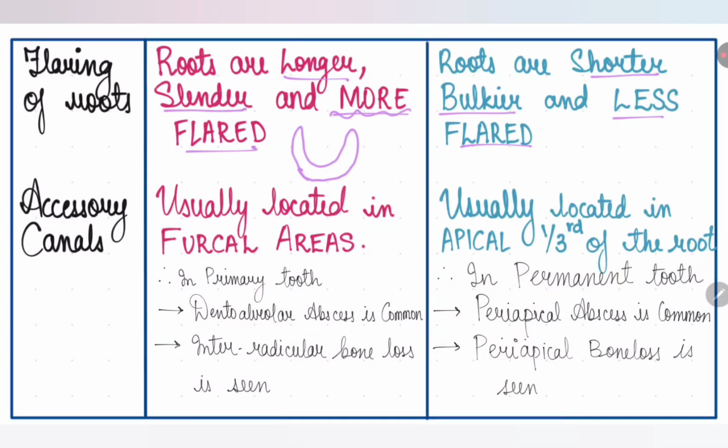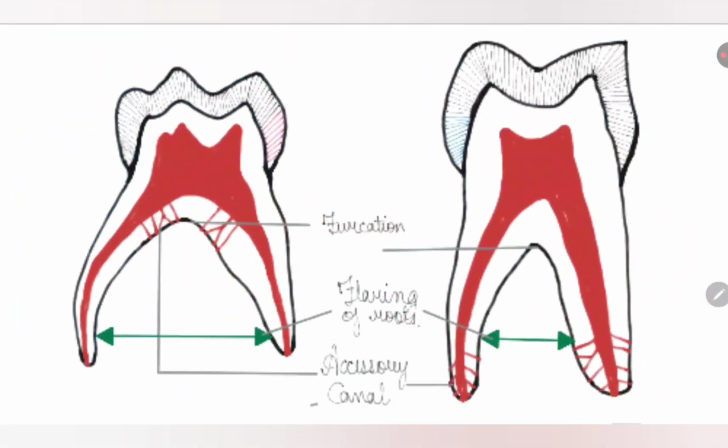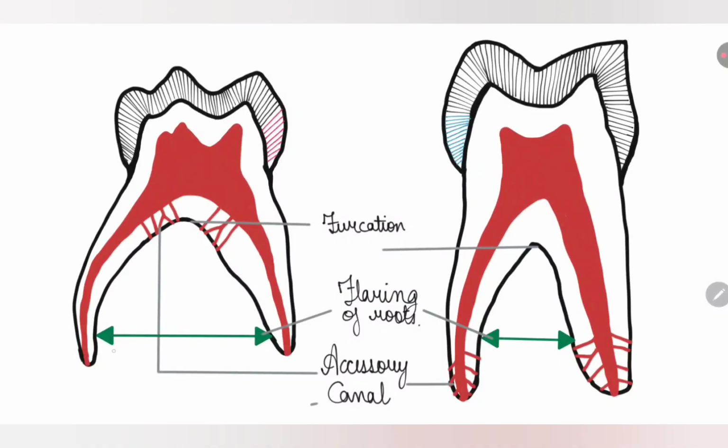Now why are these roots flared? So that the permanent teeth can be present between these roots. Let's see it diagrammatically. In the green color, you can see the flaring of roots, the space between two roots. It's more. So the flaring is more in primary teeth as compared to the permanent teeth. Why is the flaring more? Because the permanent tooth is present somewhere between the roots of the primary teeth. Therefore, there is more flaring of the roots in primary teeth than in permanent teeth. Basically, it is to accommodate the permanent teeth.